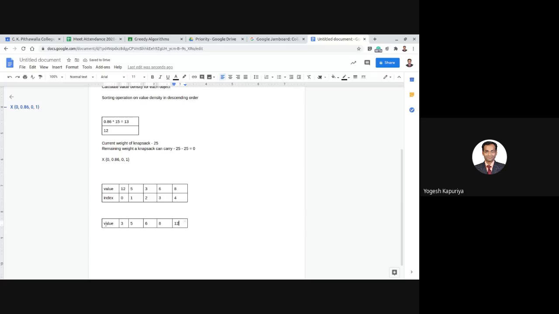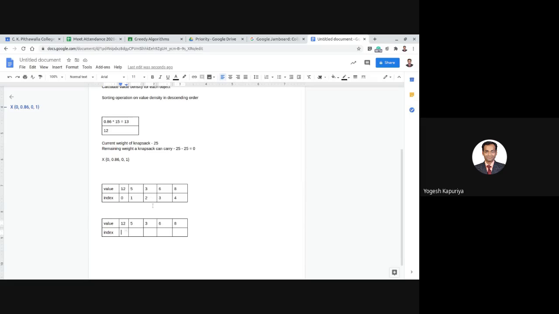But when it comes to the indirect sorting, instead of maintaining this, your value will remain as it is, but your index will get sorted. So what happens? Which one is the smallest one? 3.